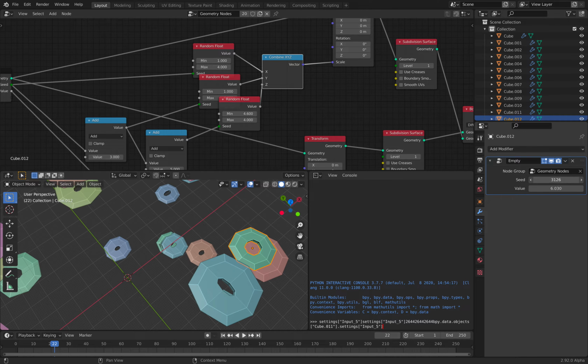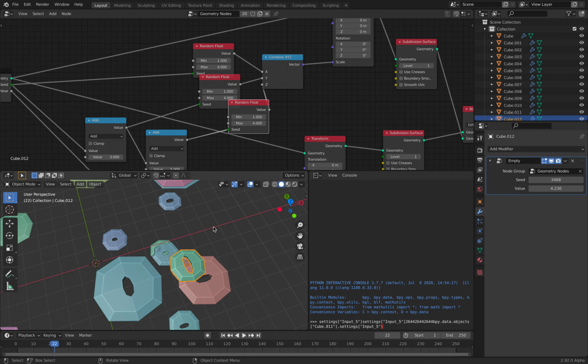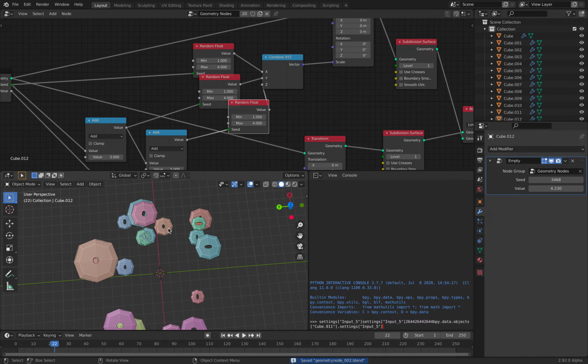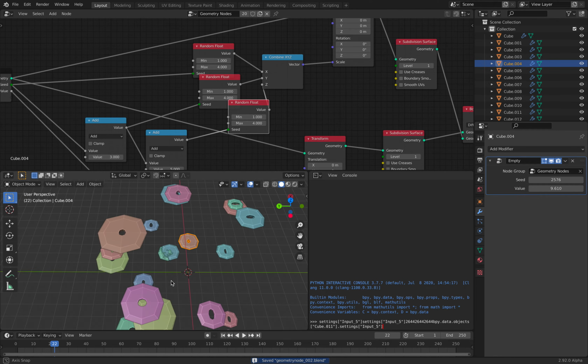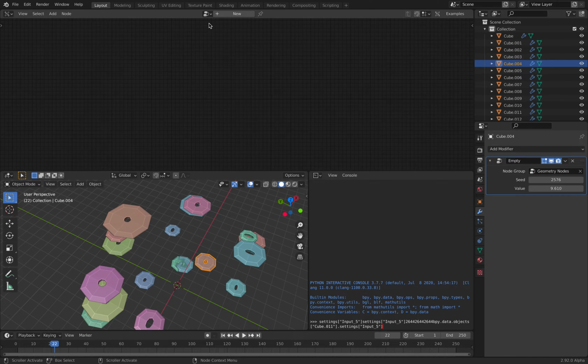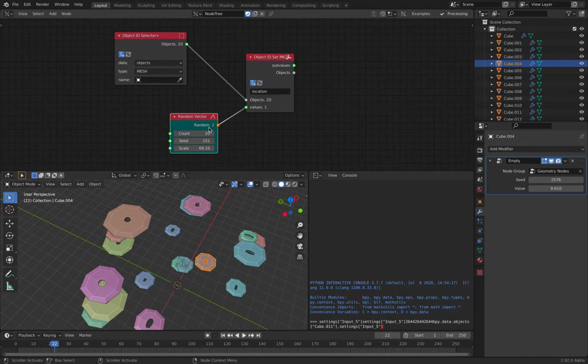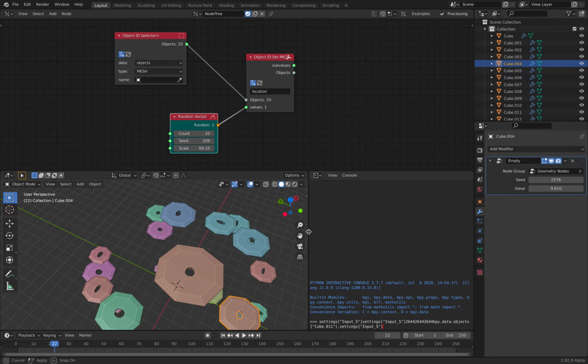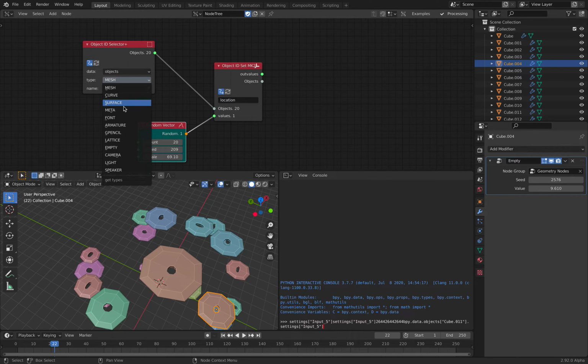So you can see here, sometimes it gives like a circle, sometimes it gives something that's completely different. I thought it's a really neat way to work. So this is just a basic introduction to geometry nodes. And again, we can actually randomize the modifiers. If I can get to the modifiers here, to the node 3,